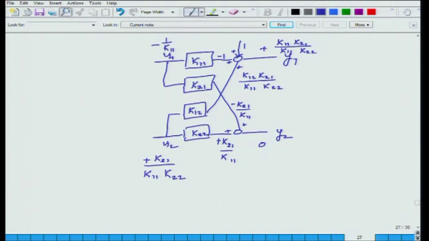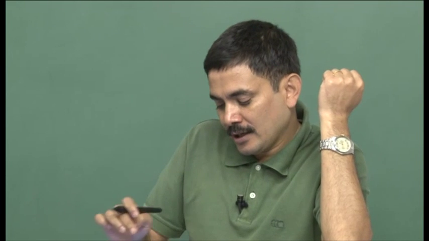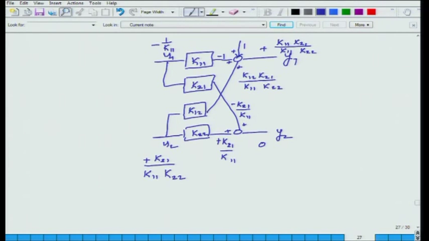In order to bring y1 back, I will again make a change. That change will again affect y2, and then once y2 is affected, I will again make a change to u2, and that change will again make a change to y1. So you see, if I keep doing this again and again, after one circle, what I find is